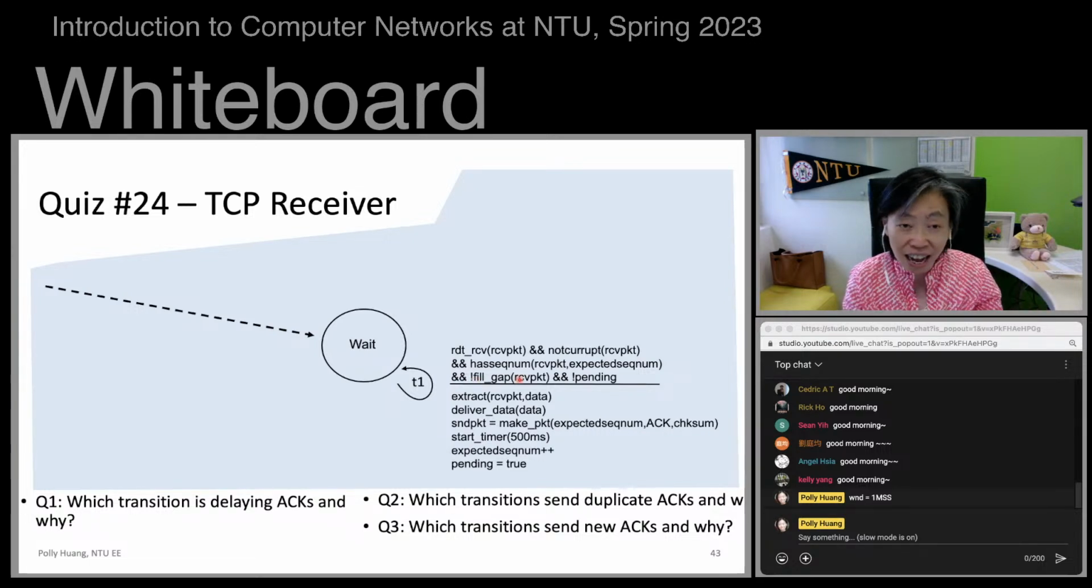If it's not that odd transition and there's no packet pending for ACK, then we wait for 500 milliseconds before sending this ACK. And when do we generate the ACK? We extract data, deliver data, and generate the ACK with the expected sequence number. This is pretty much like the traditional Go-Back-N's new data packet transition, except for this line,